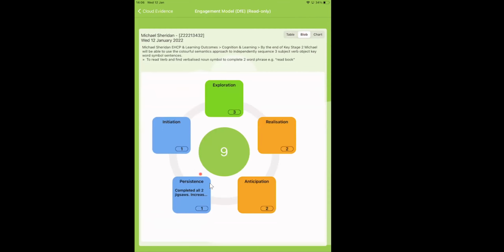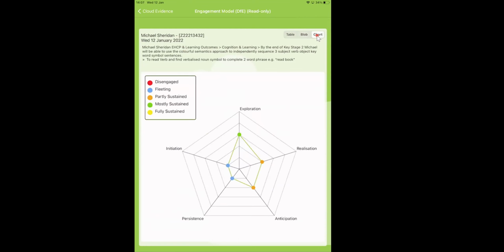It's an option that you can choose or edit from the default preloaded version, but it's switched on to be able to add up the overall scores to give you a summary score of engagement on the 12th of January for Michael. But again, you can switch that off if you don't want it to give you a summary total. The other thing that will be developed over time is I really do like these chart views within the spider webs. We are looking at ways of incorporating that